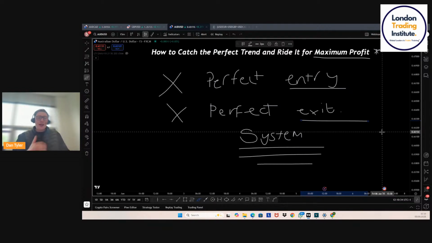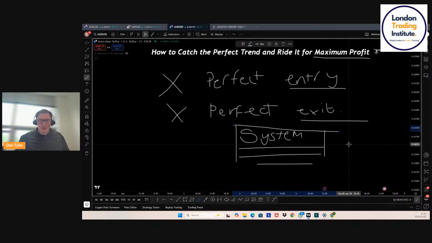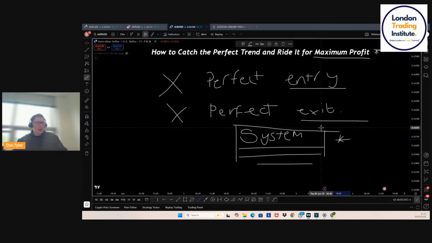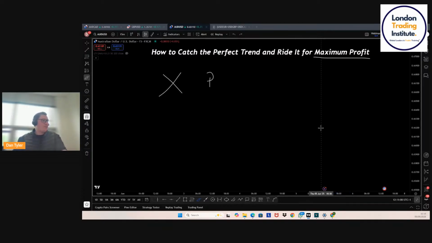Okay. That's because those people are not trading as a professional and with a system. Your system is hands down the most important thing you need as a trader, and you need to build that system and you need to believe in it. So what does that process look like? Let's just backtrack slightly, right? What does that process look like?